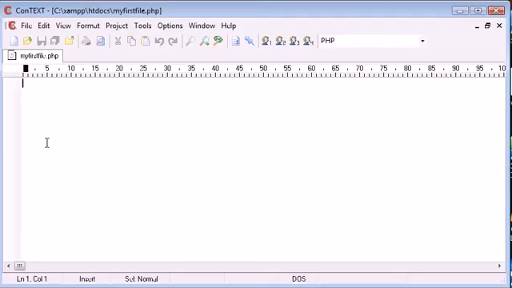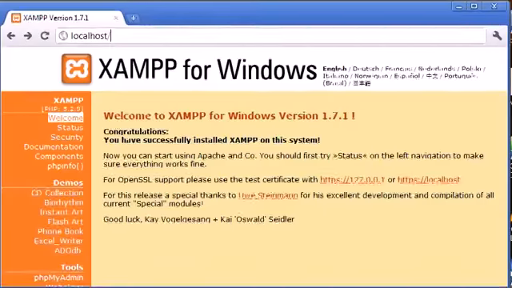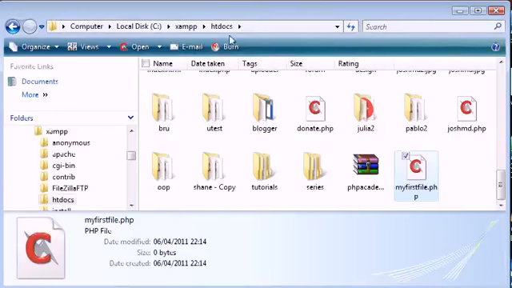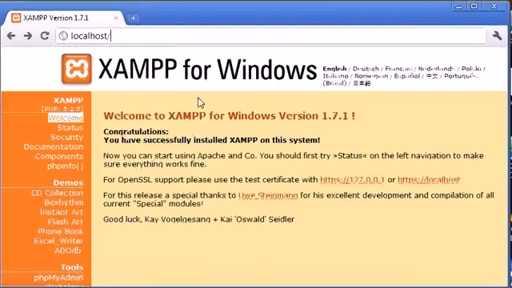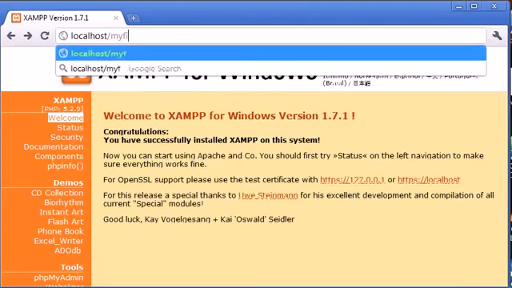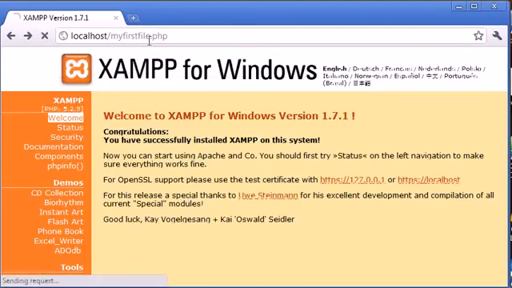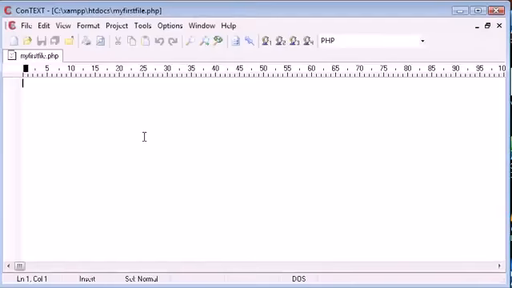Now inside our PHP file, let's just actually go to our browser first and try and access this. So we know this is saved in c:\xampp and htdocs. So let's go ahead to our browser and type in myfirstfile.php. So remember, htdocs is the root folder, so all we need to do is say localhost/myfirstfile.php. We press enter and this file has been loaded in. Now because it's a PHP extension, you might think that you can't put